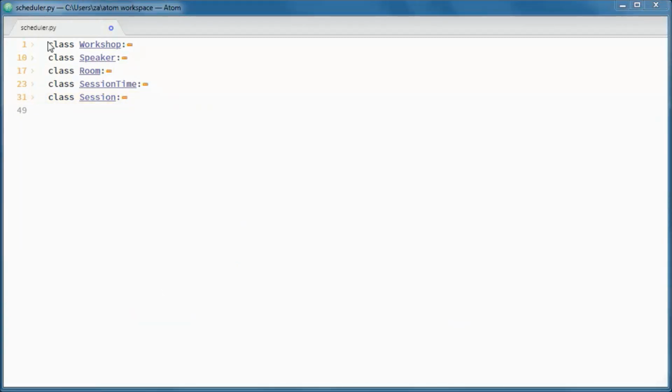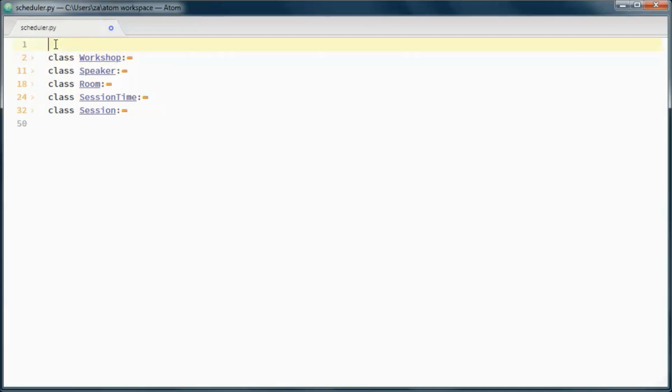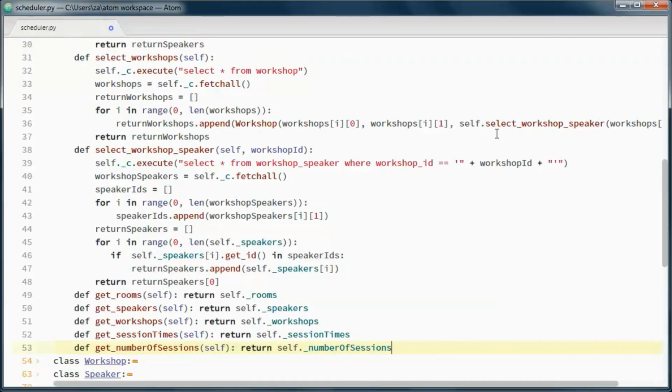And this class will pick up the data from the database.